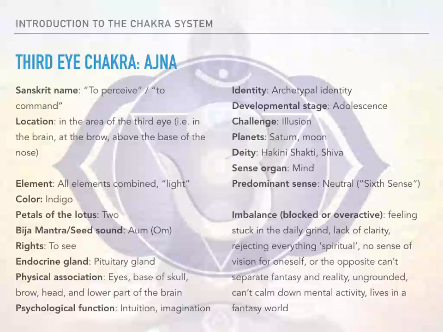Challenges: illusion. Because the third eye has the ability to see beyond this world, it can also be about knowing the difference between what is truth and what is illusion. Again, the planets and the deities, we're not going to dive deeper into these. The sense organ is the mind, so the whole mind. And the predominant sense is neutral. It's what we call the sixth sense. So it's beyond our five senses. When the third eye is developed and open, we have a sixth sense, which is basically our